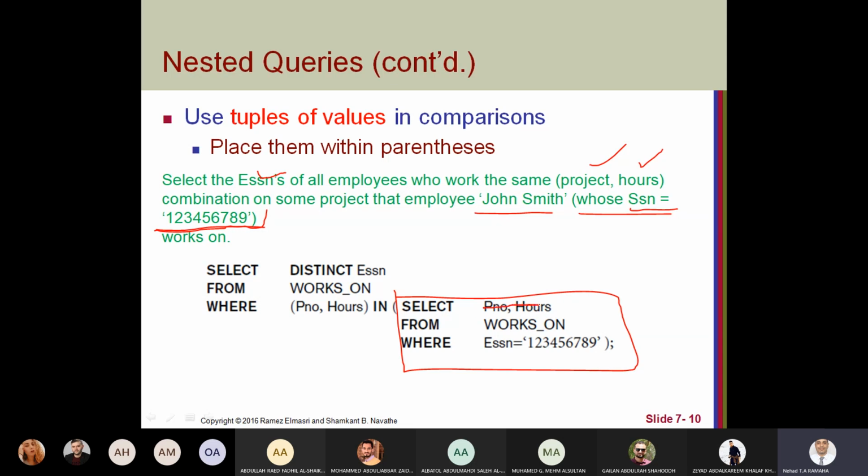What we select doesn't matter now; later I will explain why we select this. From works, where ESSN equals this number. This means return the projects that have this employee as a worker.